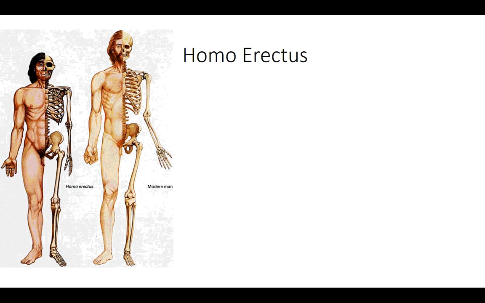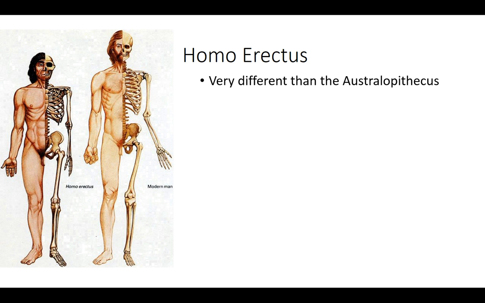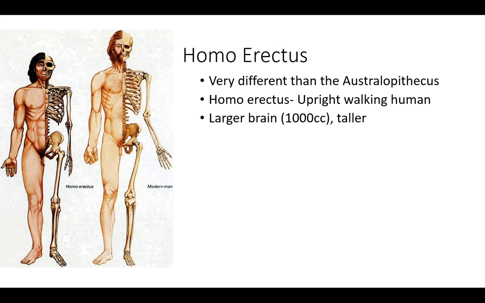Now, then we have what's known as the Homo erectus, and they're very different than the initial human species. The initial species was not an upright walking human. It was kind of bent over, not necessarily walking on two hands and two feet, but it wasn't a fully upright human being. And the Homo erectus is that first fully upright human being, the walker that we know on two feet. Their brain is much larger, and they're also a very tall